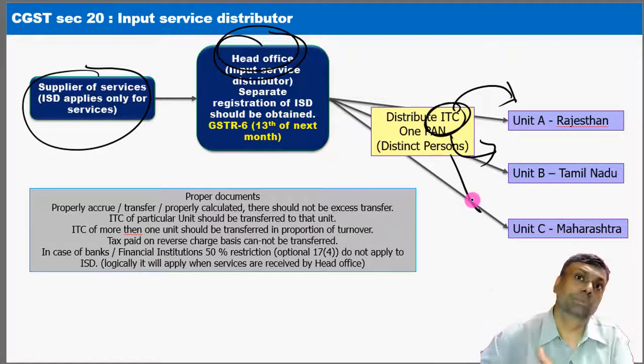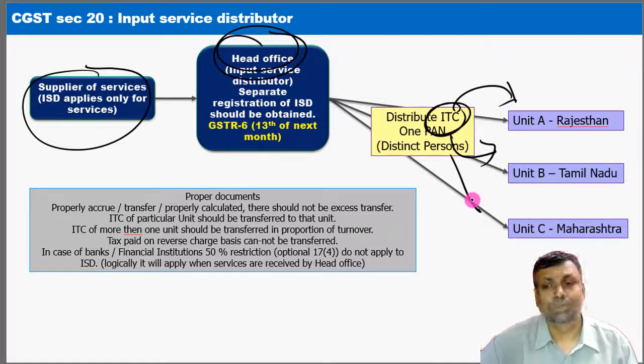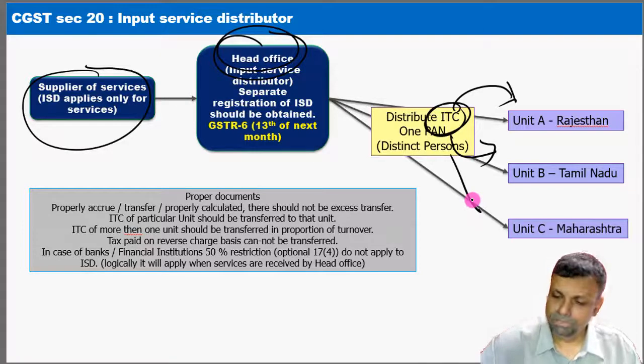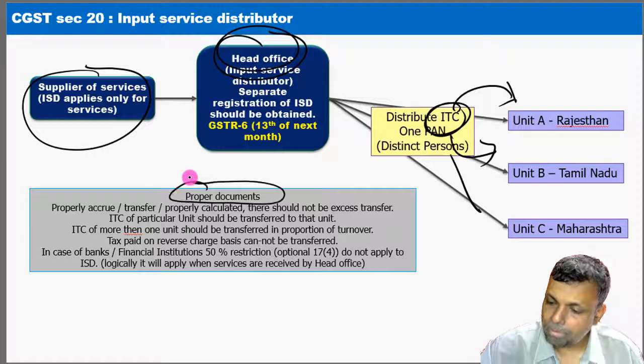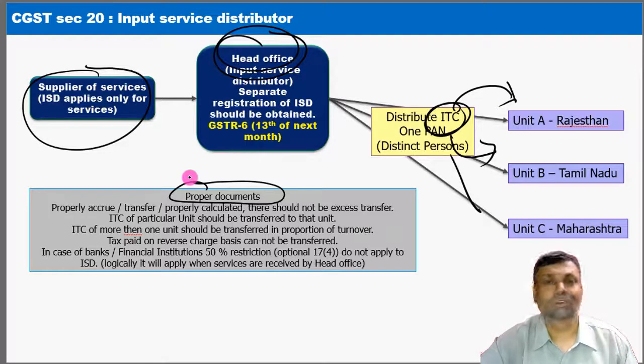But the transfer has to be done, so that this much of not eligible credit has been transferred in the not eligible category to that particular branch, division, or unit, as the case may be. This is the main heart of this particular situation. Everywhere the proper documentation has to be done. In other words, as I already explained to you, proper discrepancy documentation, everything is to be done. You should not do excess transfer of the credit, nor should you do a short transfer of the credit.